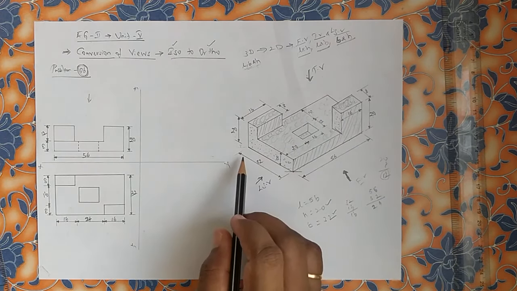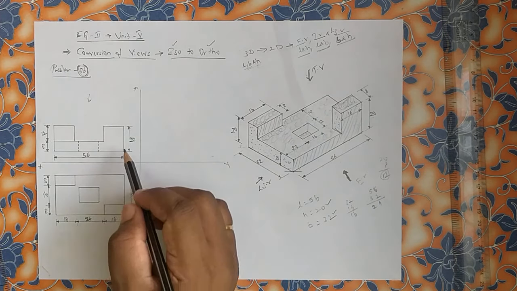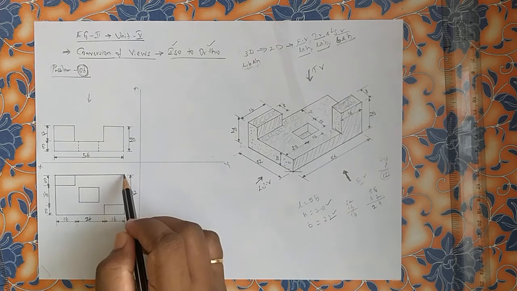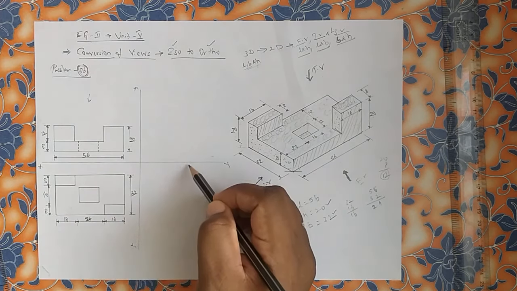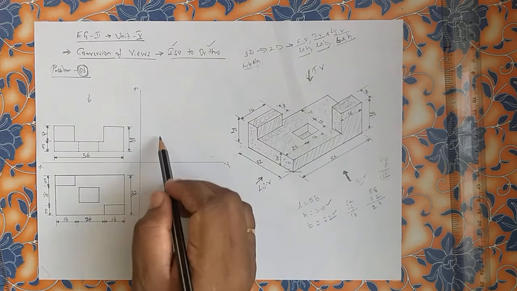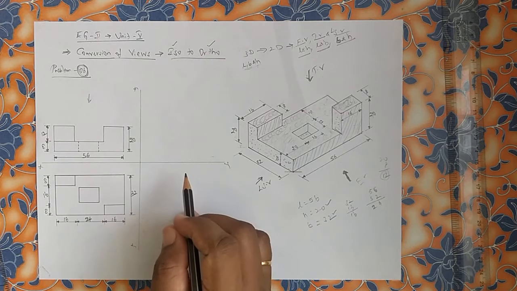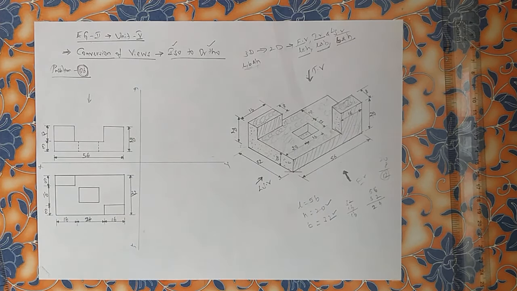Now how to draw them? See, suppose this is the breadth. As in the first problem I explained, if you try to draw the projectors, you are supposed to draw the projector like this with respect to this point. Try to draw arcs, try to extend lines. Here we will get a box. That box is nothing but your side view boundary. In that side view boundary you are supposed to do that. So simple, if you want you can do that also.